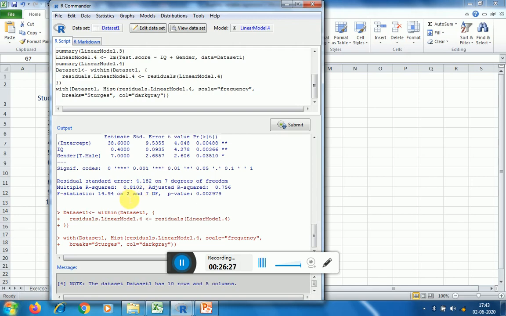R square in case of time series data should be more than 0.6, but it should not go beyond 0.90 as well. If it is going beyond 0.90, that means there can be a possibility of multicollinearity in the data.